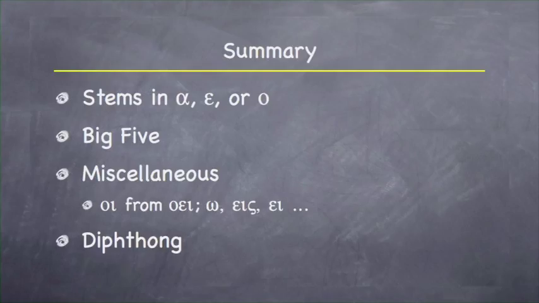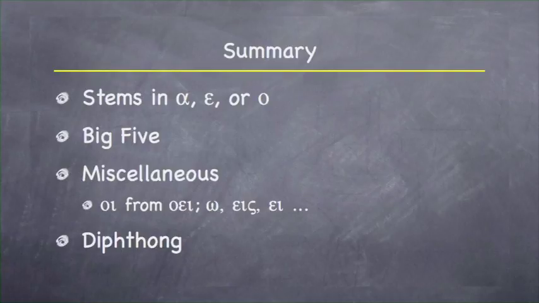So what did we learn in this chapter? Well, we learned contract verbs, right? Contract verbs are verbs whose stems end in alpha, epsilon, or omicron. We learned 8 contract rules, the first 5 being the most important. Rule 1: omicron upsilon is formed by the combination of omicron epsilon, epsilon omicron, or omicron omicron. Rule 2 has to do with epsilon iota, and epsilon iota is formed from epsilon epsilon. Rule 3 is the bully rule, that omega is formed with any combination of omicron or omega with any other vowel, except for those covered by rule number 1.